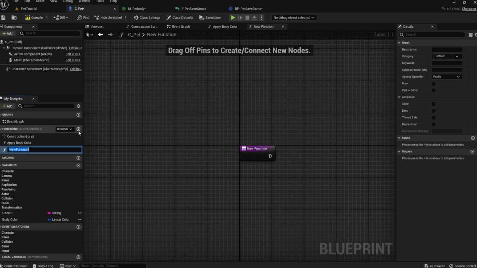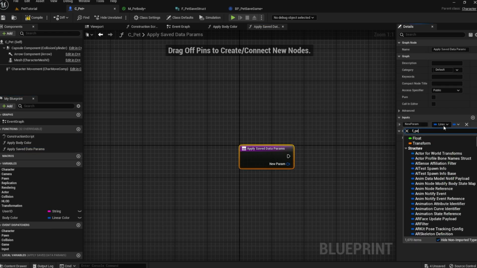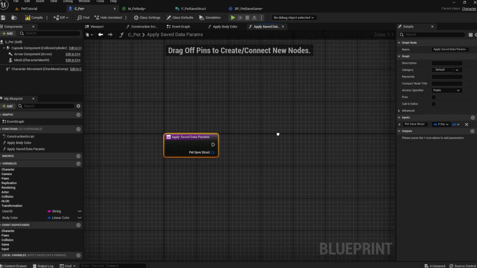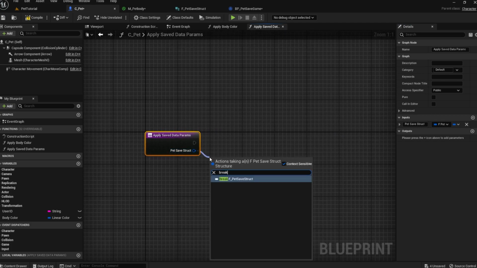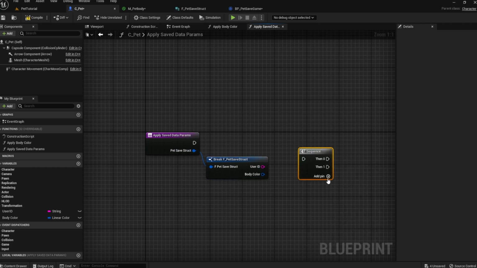Now create a function called apply save data params. Give it an input of a pet save structure. Drag off the input pin and break it. This will expose the info in the save data. Create a sequence node and add a few pins to it.